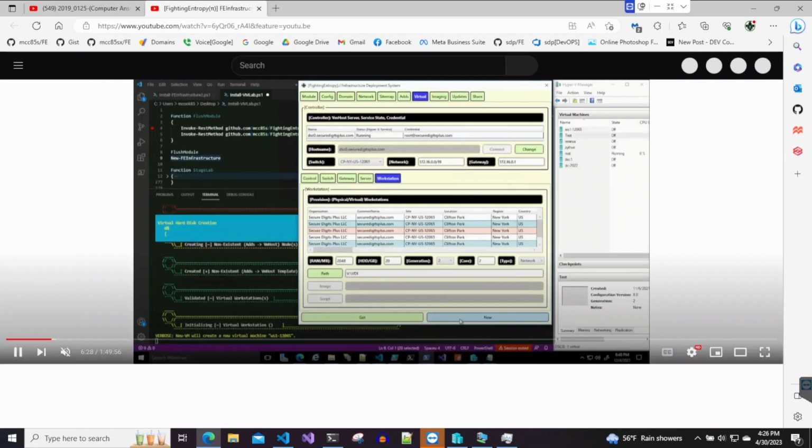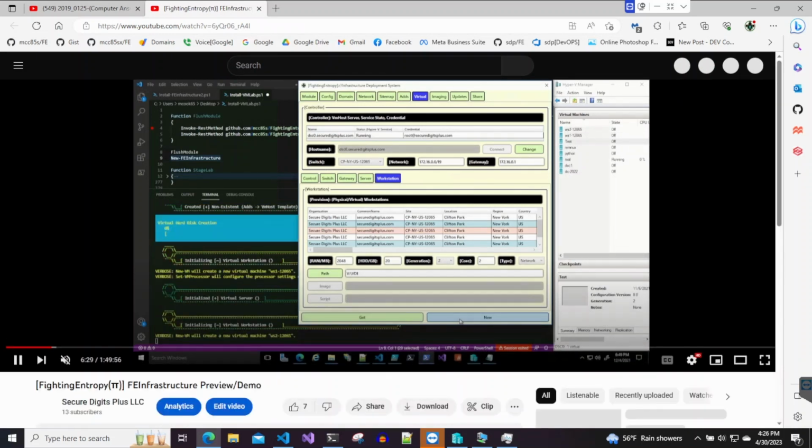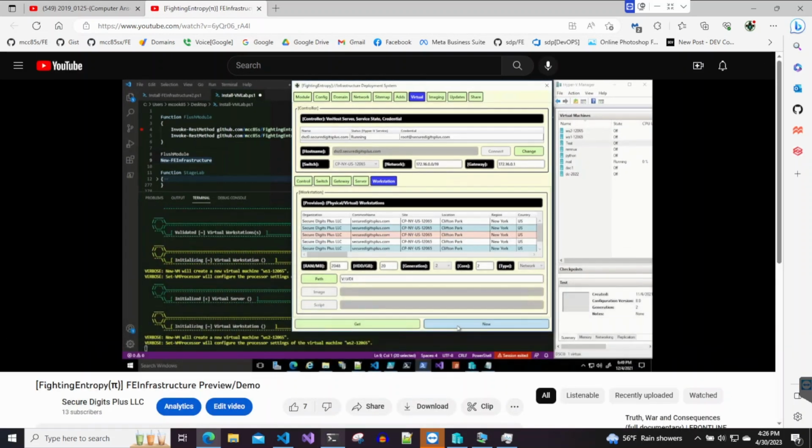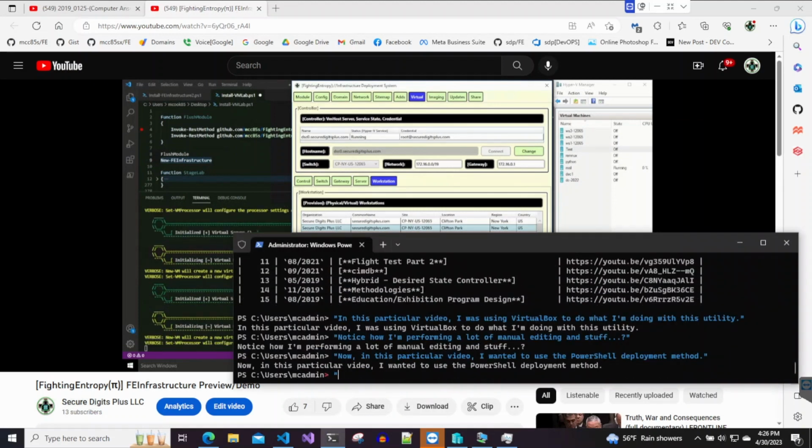But anyway, in that particular video, I talked about how I wanted to make changes to the PXE setup portion of the utility. And so right here is a much more comprehensive version of what I've shown off so far,